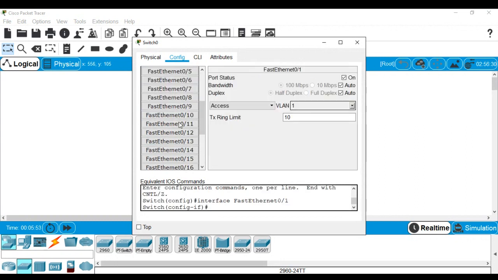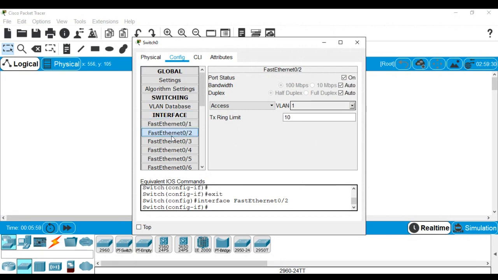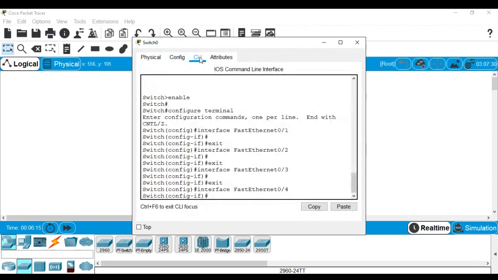Fine. In which we have the different ports available, and there are two things we can configure. I can either configure it from the GUI, graphical user interface, which is available. I can directly configure my switch from here. I do not have to use commands. It will be preset by default here. I just need to turn it on.